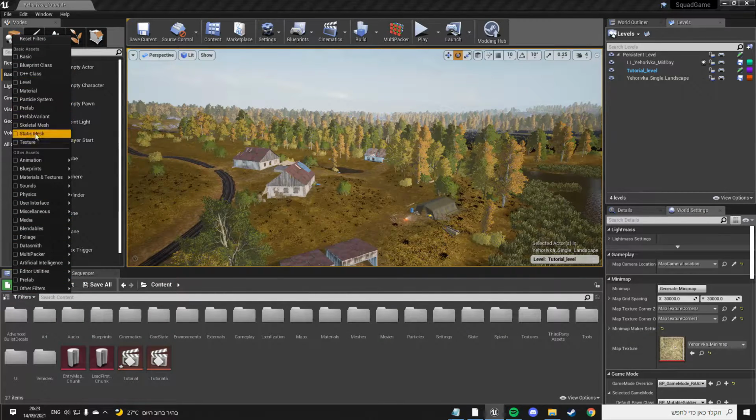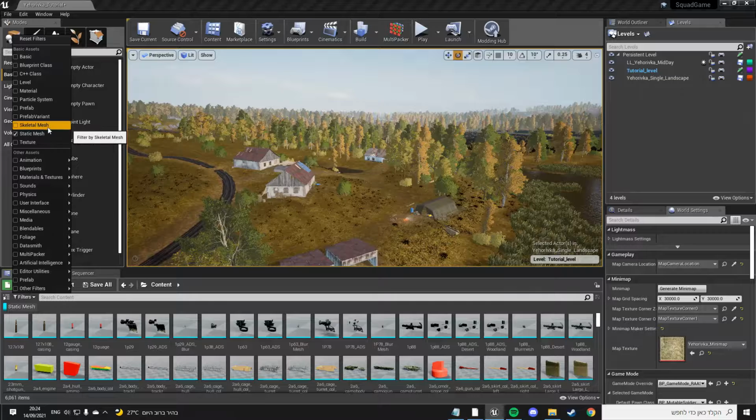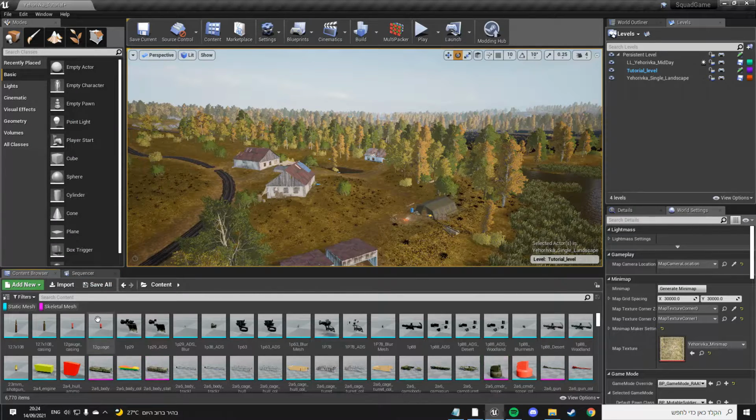We'll go up to the top side of the filters, and we can see there's a lot of different stuff we can tick here in order to filter them out from those files. So what we're going to click out for now, for the beginning, is static mesh. Go back, do it again, and skeletal mesh. It's just one right next to each other. They're both going to have color around them. That means they're ticked,